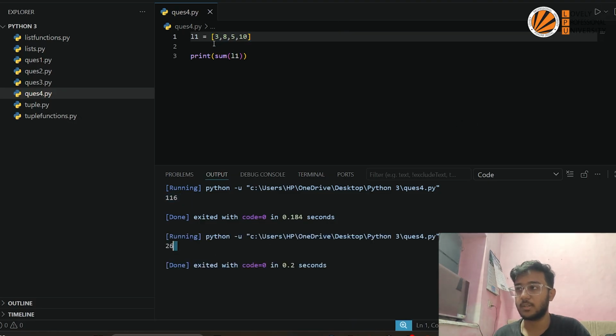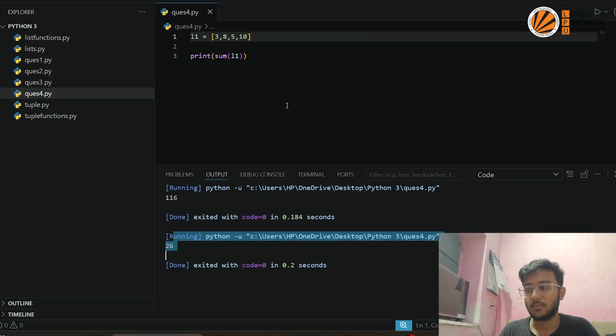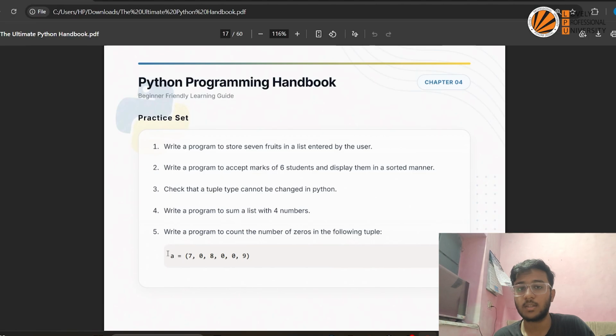This gets 26. Now let us see how. 8 and 3 is 11, 11 and 5 is 16, and 16 and 10 is 26. So this is how the sum function is used here to sum the elements present in the list. Now the fifth and last question of this part of this video is: write a program to count the number